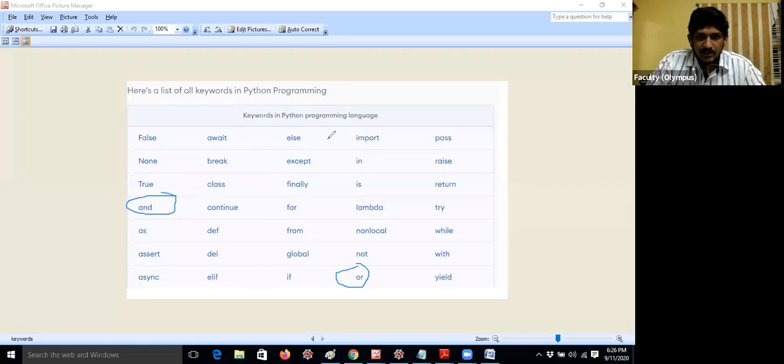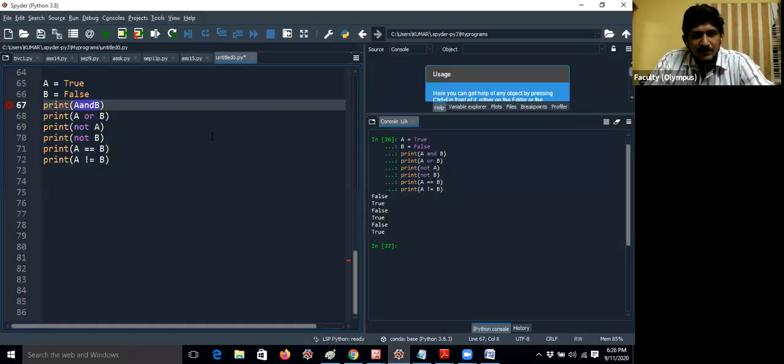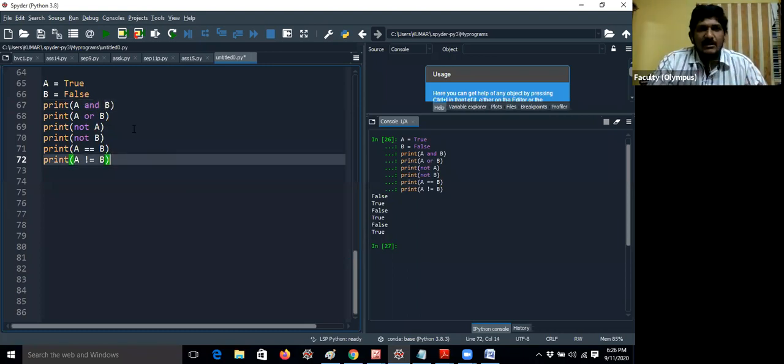Not is also a logical operator, and these are also keywords in Python programming. Whenever you write this, you must give a space. Then the error will be removed.